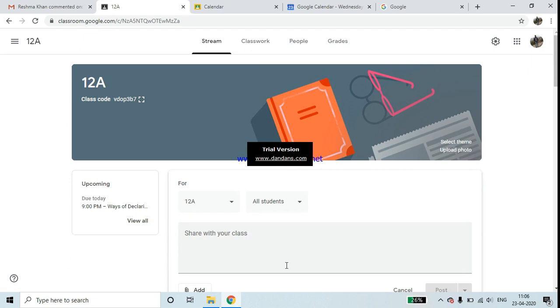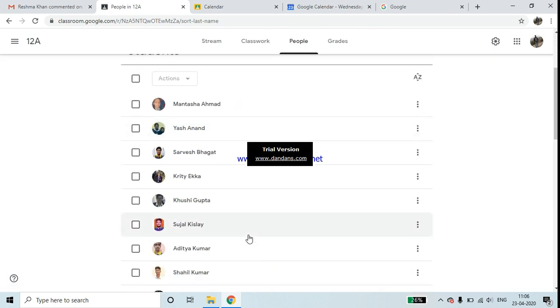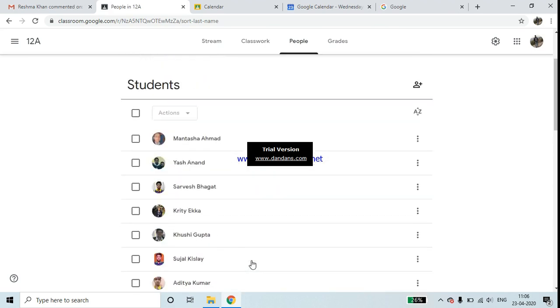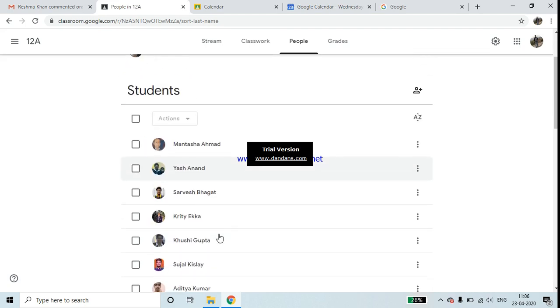So in this way, very easily through the computer, you can do it. There are more things, and I want to share more things with you. Now, in the People section, you can see how many students are there. See, the list of all the students is visible here. If you want to assign different teachers also, like I have shared one more teacher here. From here, if you want to mail any student, you can email from here. Email a student, you can mail that student. You have to provide their email ID, then you can send to them.